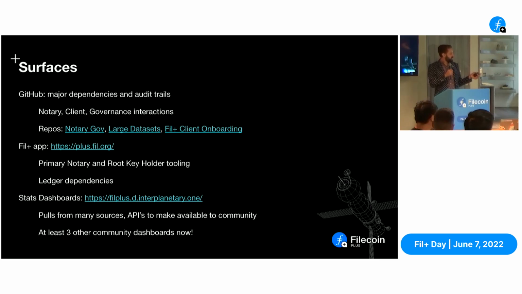And then we have now one main stats dashboard that Deep and I collaborate with, which is the Interplanetary. But then there are at least 3 other community-sourced dashboards, which we love. We love seeing more and more people in the community taking this blockchain data that is available to all of us, that we all agree is a source of truth, and building a dashboard saying, what are the metrics that I care about? What do I want this dashboard to look like? What is the top level that we think is really interesting? So there's at least 3 more of those. We're working on getting more APIs to those, getting more people able to engage and pull slides from